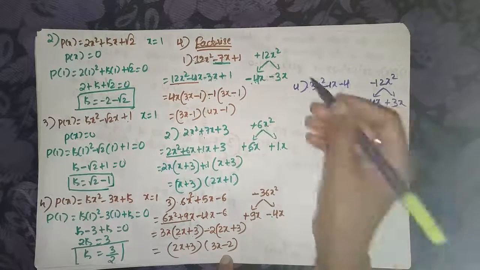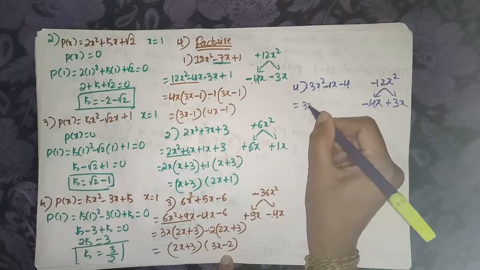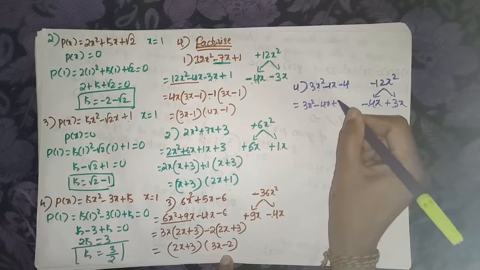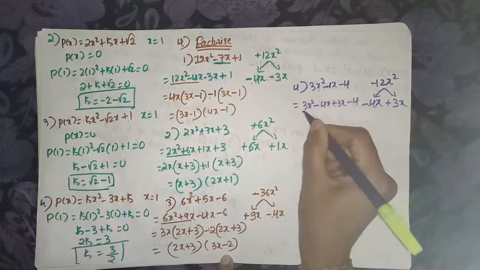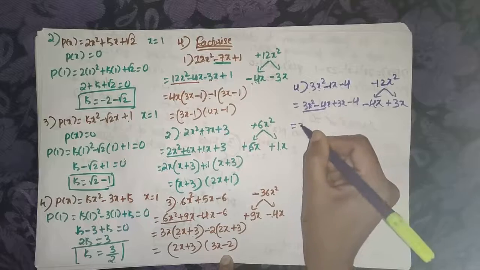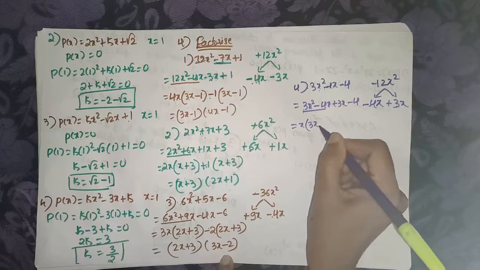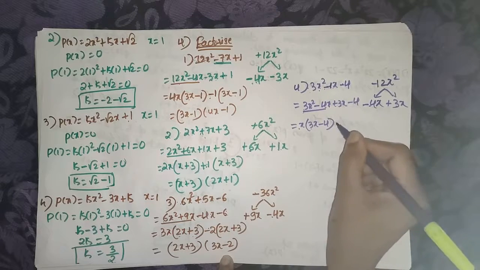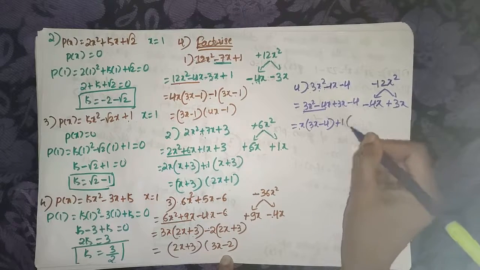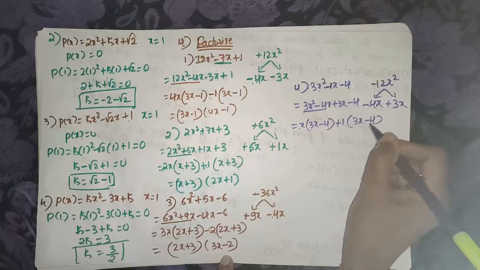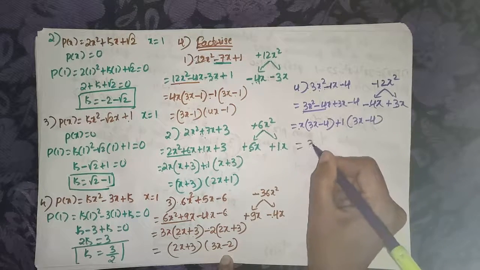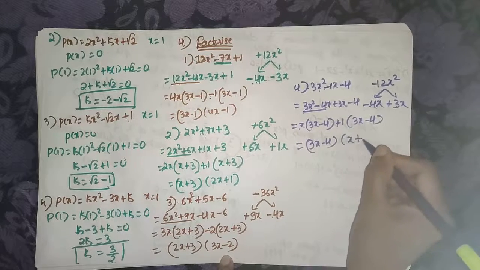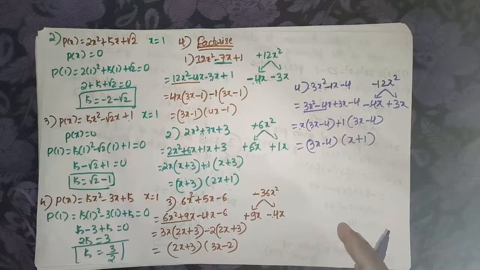So then write down this one, 3x square. I write down the midterm as 4x plus 3x minus 4. In the first two terms common is only x. So we have 3x, so x is outside, we have 4. So here 3x minus 4 is the same. Nothing is common means 1 is common. We have 3x minus 4, same. Here 3x minus 4 is common. We have x in the second term plus 1. So this is the fourth question.